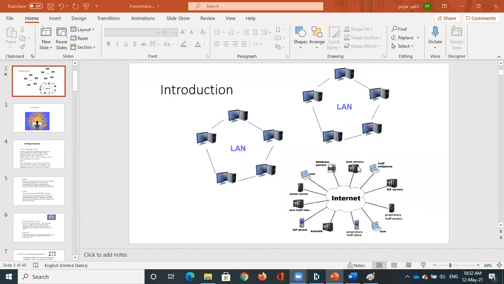We can say that there are some servers present. We have some mobile operators or mobile phones. We have some database servers. So it is not restricted to only a collection of computers and networks. Apart from that, we require the servers and many other things.